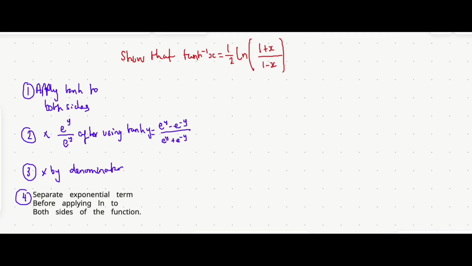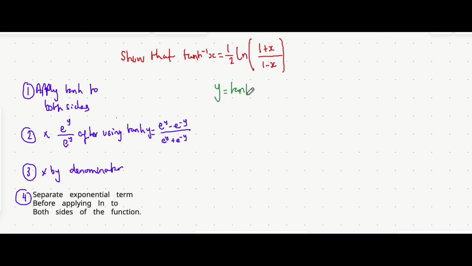A lot of my students find it difficult to prove that the inverse of this tanh x function can equal a half ln of this function here. So I've made a 4-step method that hopefully helps simplify this as much as possible, and let's have a go at applying it. So to start with, the function that we're replacing, the inverse tanh x of x, let's introduce that